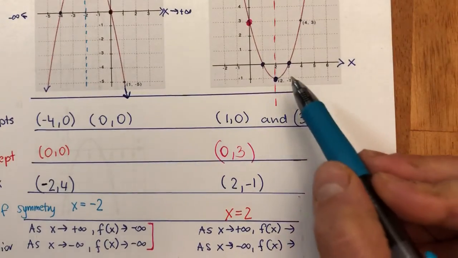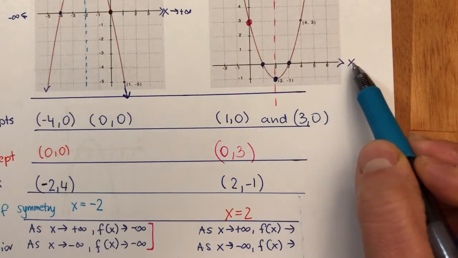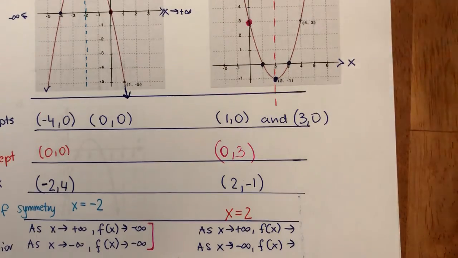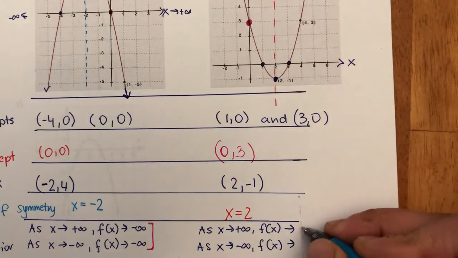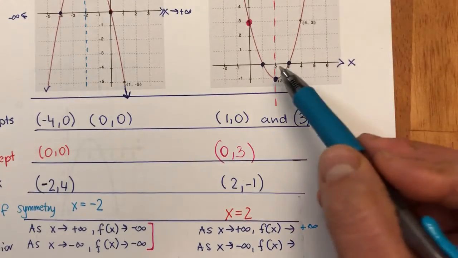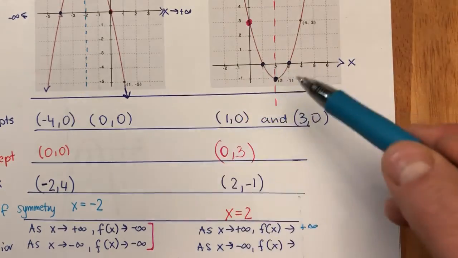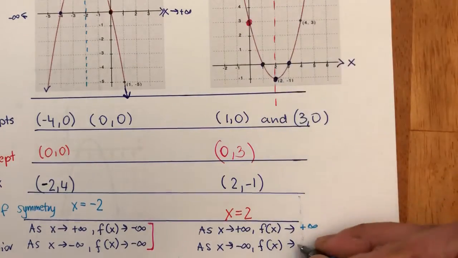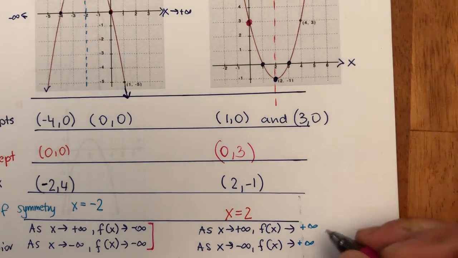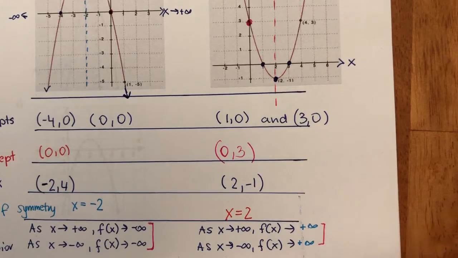As x goes to positive infinity, so when my x's are getting bigger and bigger, my y values are getting bigger and bigger as well. So I can say it's going towards positive infinity. And as x goes towards negative infinity, my y values are getting bigger and bigger. So they are going to positive infinity. And look at this, how convenient. I did just tell you that they need to go in the same direction